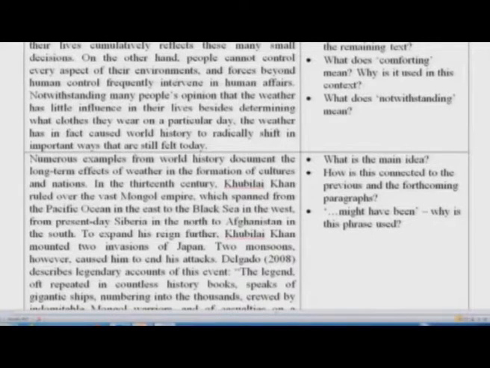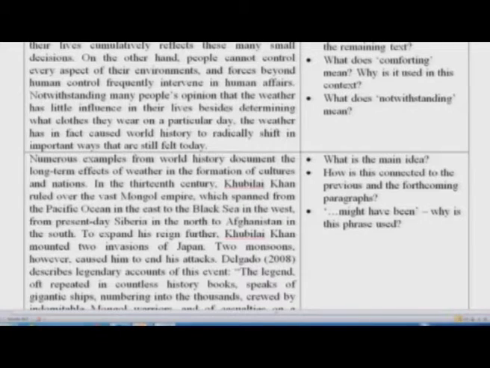Forces beyond human control frequently intervene in human affairs. So, not just human decisions, there are things which human beings have no control over, and these things can also influence our lives. See how the writer is introducing the topic. One of these things which can control our lives is weather,